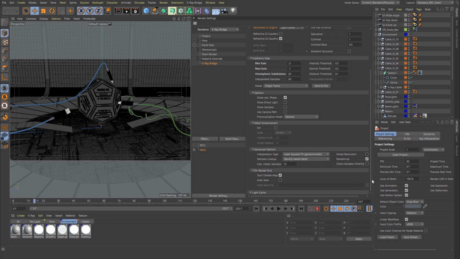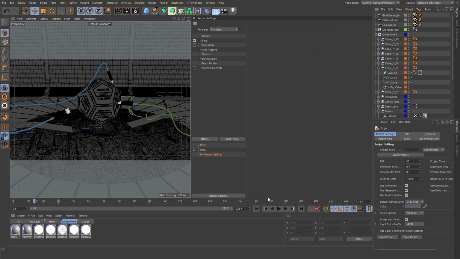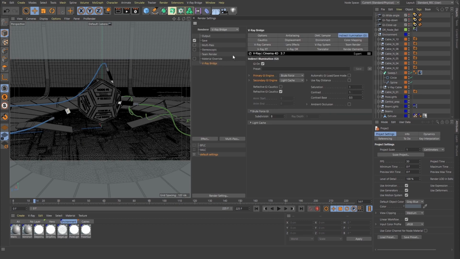In recent versions of V-Ray, we have made major improvements, especially regarding the core speed optimizations. While previously the brute force engine was considered the most accurate, but also slow method of GI calculation, it has now been significantly optimized for speed. As a result, it is the default primary GI engine that we recommend sticking with for most use cases, as it's not only the most accurate engine, but also it generally gives great looking results without the need for